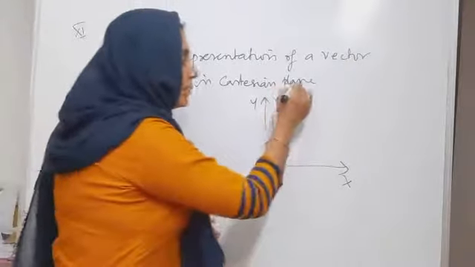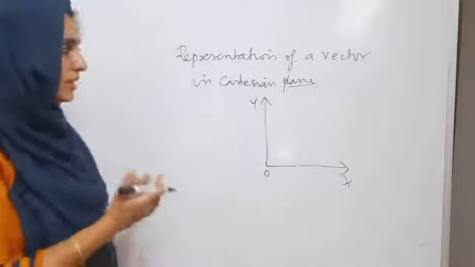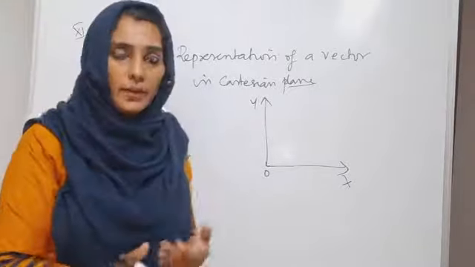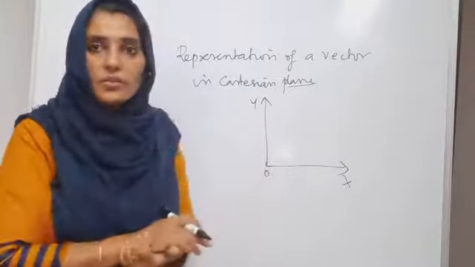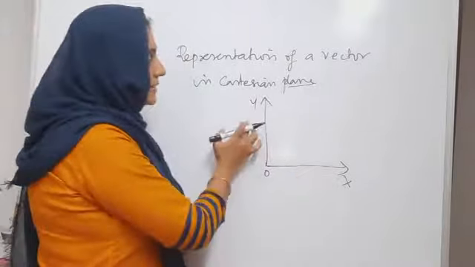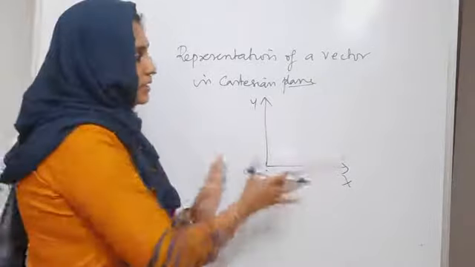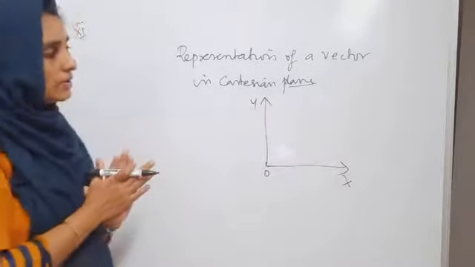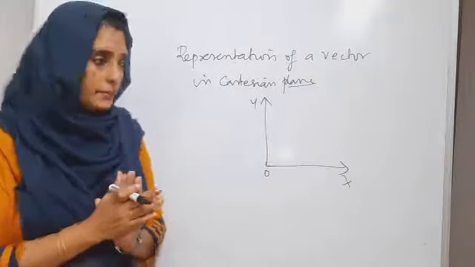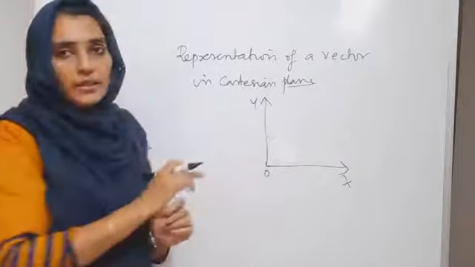Why is it known as a plane? Because it is two-dimensional. If you consider a Cartesian space, Cartesian coordinate system, or a three-dimensional space, then you will have the third axis, which is the z-axis. Okay, so now we have the x-axis and y-axis. How to represent a vector in a Cartesian plane? It is also known as rectangular coordinate system, because we have the axes perpendicular to each other.